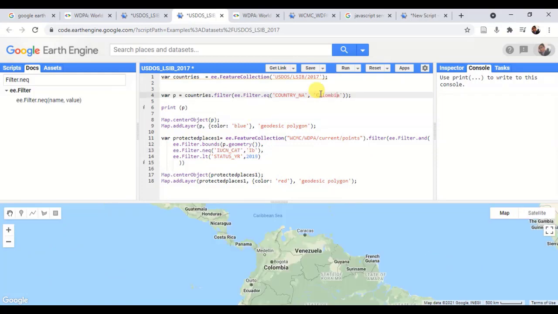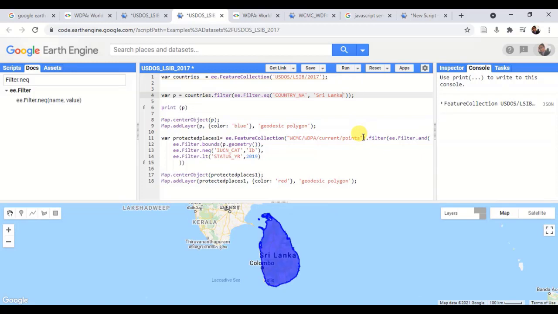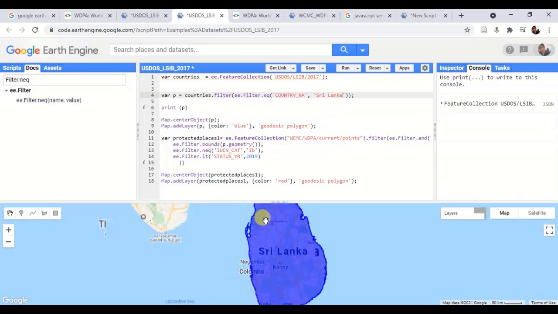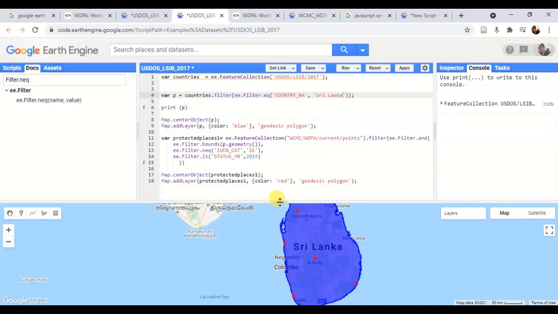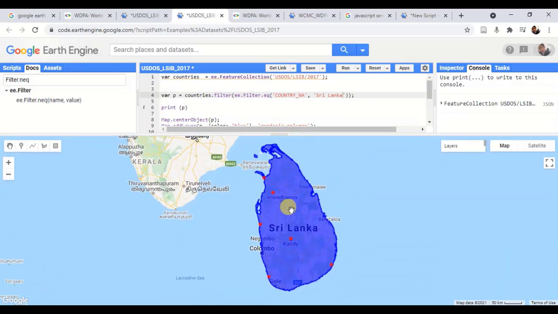So now let's change the country and conduct the same analysis with another country. So likewise you can see the different datasets available, and in here you can see in Sri Lanka there are around 5